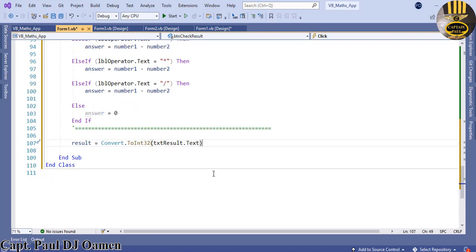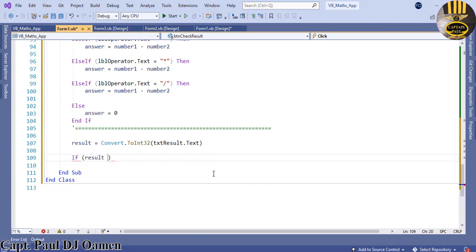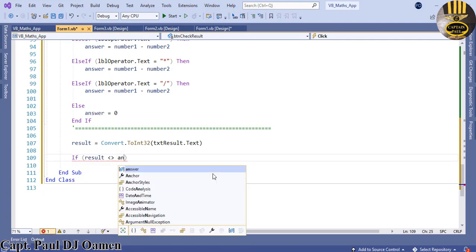However, if result is not equal to answer,